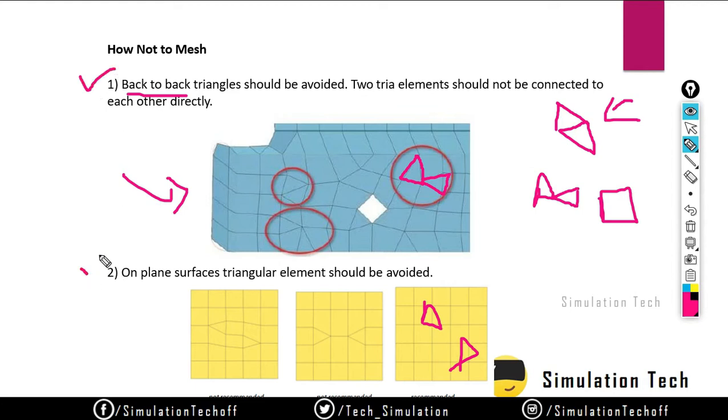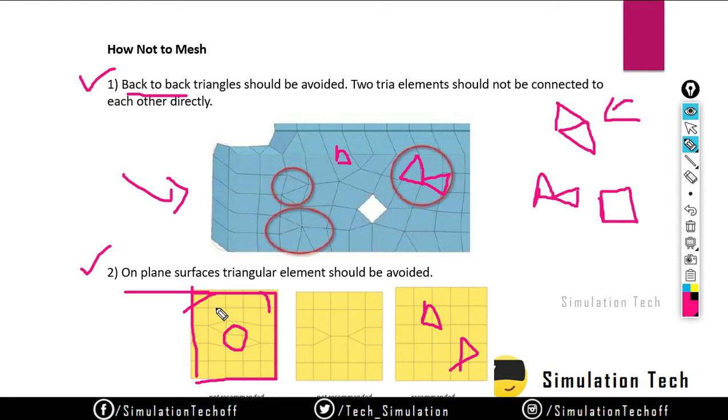What about the second rule? On planar surface triangles. If you have a triangle like this, that is not an issue. On plane triangles means it is a regular, planar surface, right? So there is no disturbance. If you have any circles over there, or fillets or chamfers, there might be a disturbance in the structure.